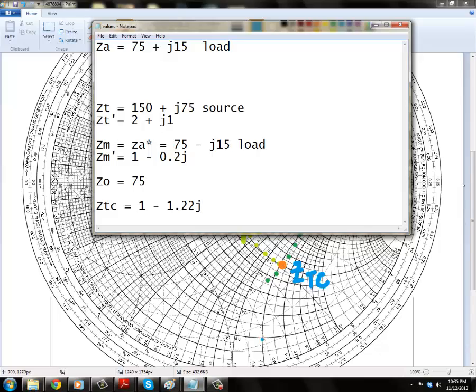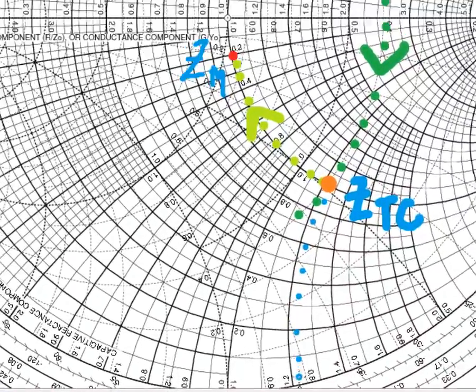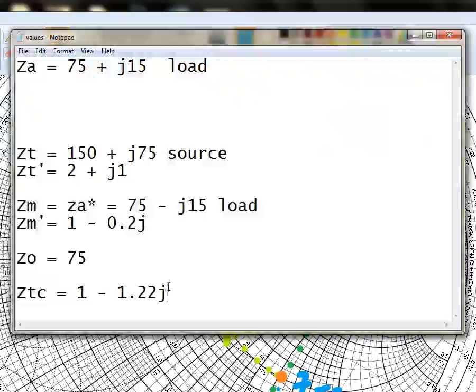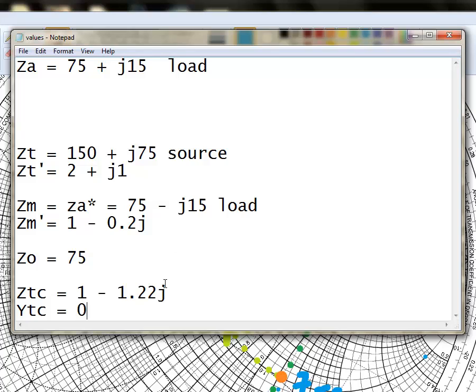It's 1.22J, almost 1.22J. If you go downward from there, it's almost like 1.23J. And what will be the YTC? What will be the circle of YTC? Let's see for that. It's the circle of 0.4, which just got hidden, but it's 0.4,